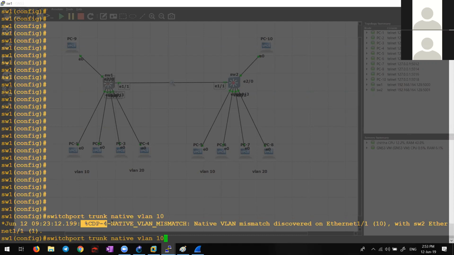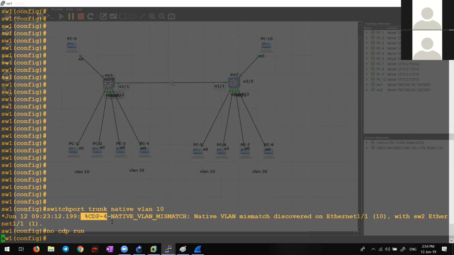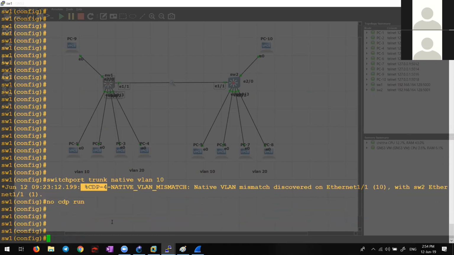But still it identifies with CDP which is the native VLAN. But I don't want this error to come. What was the solution for that? I said no cdp run. I'm already in config mode. No cdp run, then you will not get the CDP error messages anymore. The mismatch will be there, but it's not a problem. It will not even create an issue.